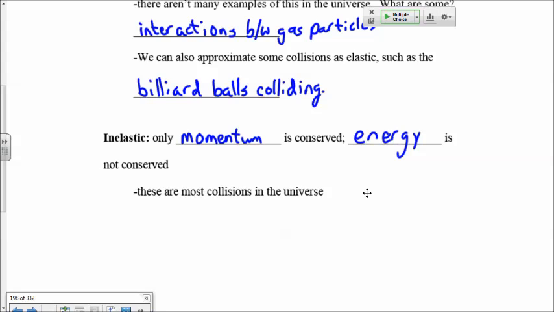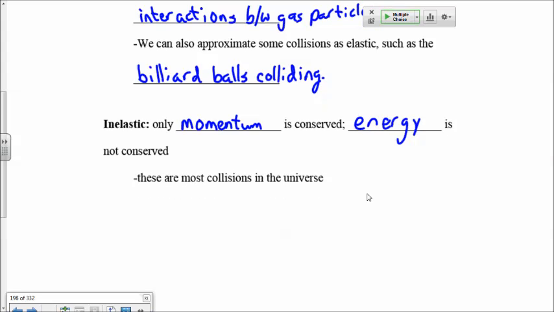Right. So even if you have two cars that crash into one another, you're losing lots of energy in a car crash because the car crumples up, you lose energy to heat and sound, but mainly in the deformation of the metal, which takes up a lot of energy. Even in those collisions where you lose a lot of energy, you're still conserving momentum. So you can still describe the momentum as being the same before and the same after, even though you've lost a lot of energy. So inelastic collisions are all other